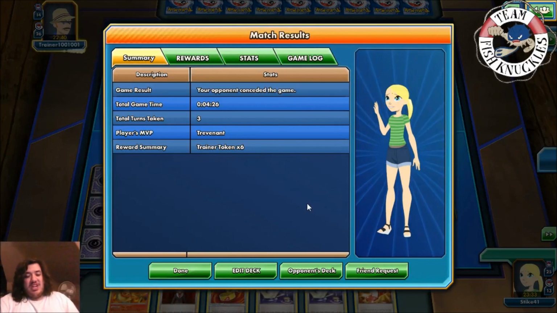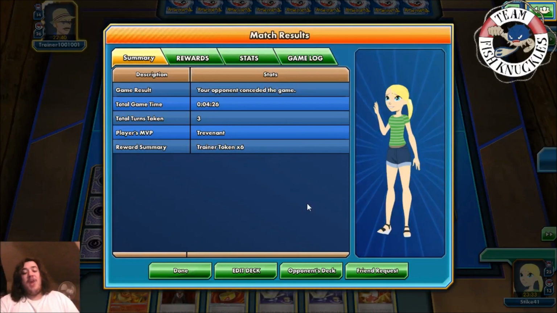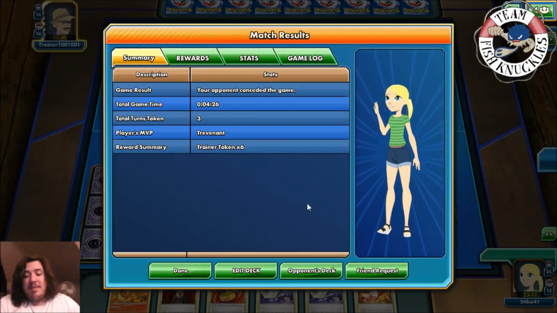But hope you enjoyed this video. It's kind of short. Both games are kind of short. But like I said earlier, as soon as you get the turn on Trevenant, my opponents are just scooping. They don't want to play it out, which is kind of annoying. Hope you learned something new about Trevenant Eeveelutions. Like I said, we will make another video with this deck. I promise we will make another video. Maybe another Sunday